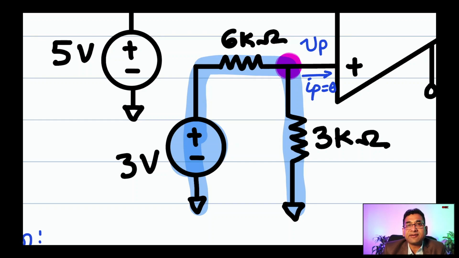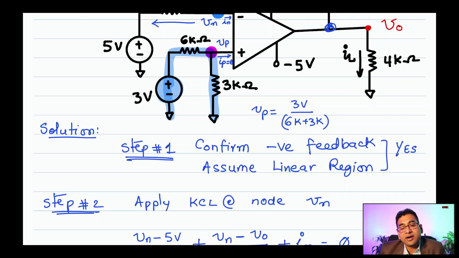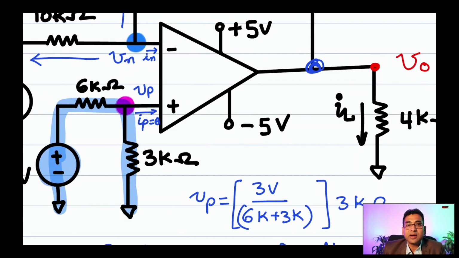So, if you have to find the value of Vp, really Vp is going to be 3 volts divided by the total resistance 6K plus 3K, that is the current flowing through that branch, multiply that by 3 kilo ohms. Why is that the case? It is a voltage divider between 3K and 6K. So, that is the value of Vp,